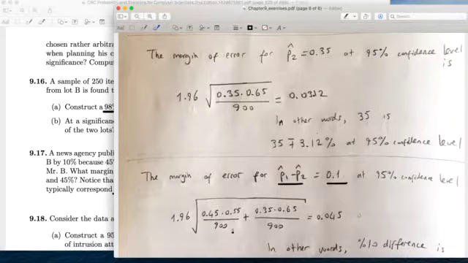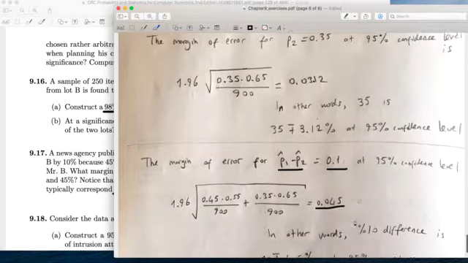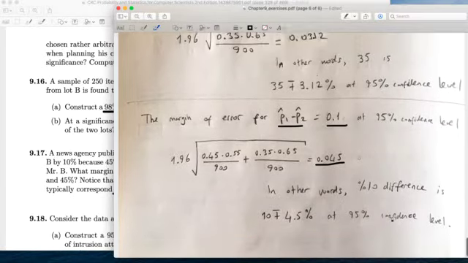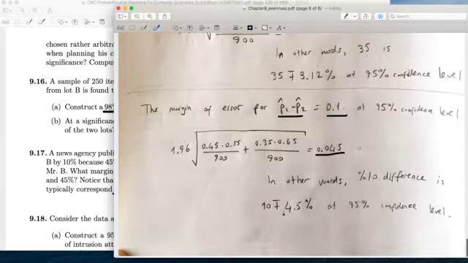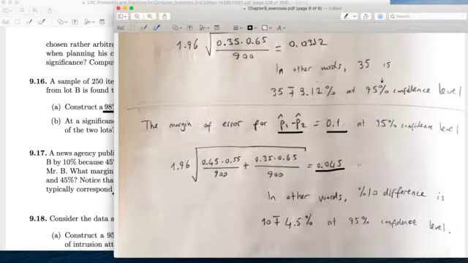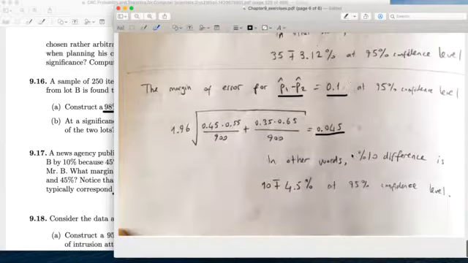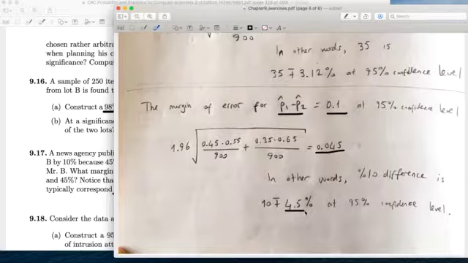The standard error for the difference is computed like this. I don't find the standard deviations of the individuals and add them up. Instead, these were the standard errors of the individuals, we add their squares, and the square root is equal to the standard error of the difference, which turns out to be 0.045. So in terms of percentage, it's 4.5 actually. A 10% difference should be reported as 10 plus minus 4.5. It cannot be as large as 16 as we have reported here. It's actually, at 95% confidence level,